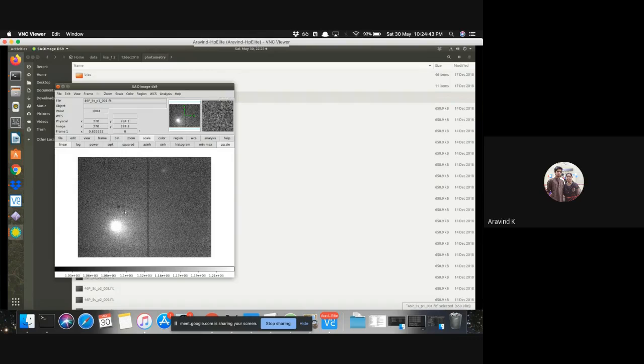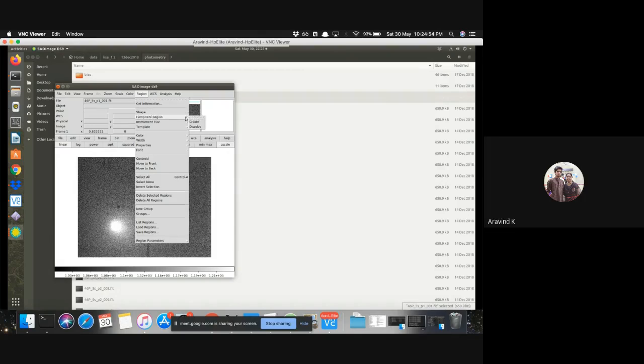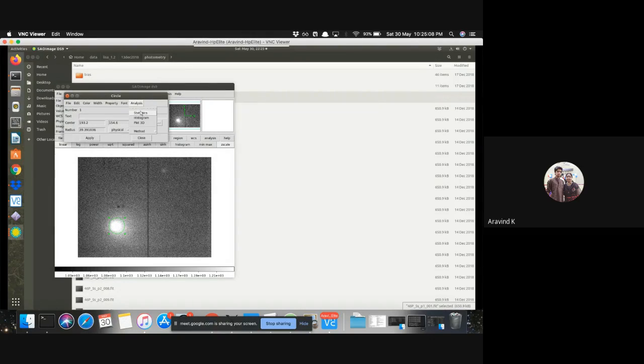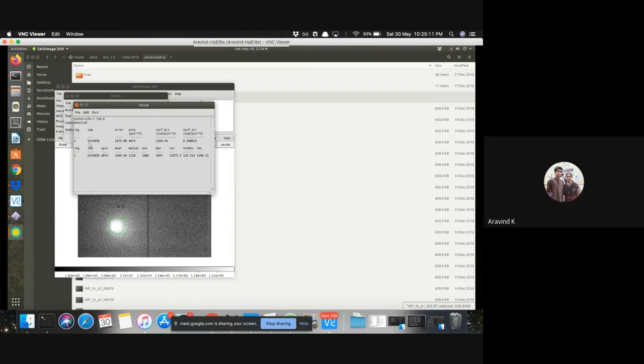Now, if I keep moving the mouse over this, I will see only pixel to pixel values, but I need to know the entire total count of the photons. So I take a circle, edit region, and place a circle which can get most of the counts. Again, I double click it, analysis, statistics. That gives me the total sum of the photons inside it, the sigma, the area in pixels inside it, the median, mean, minimum, maximum, standard deviation, RMS value, everything is given.